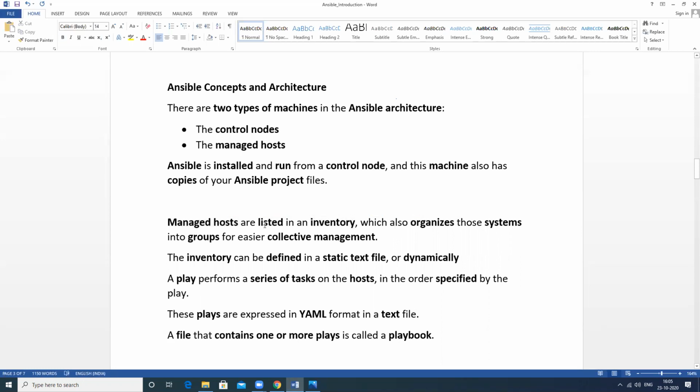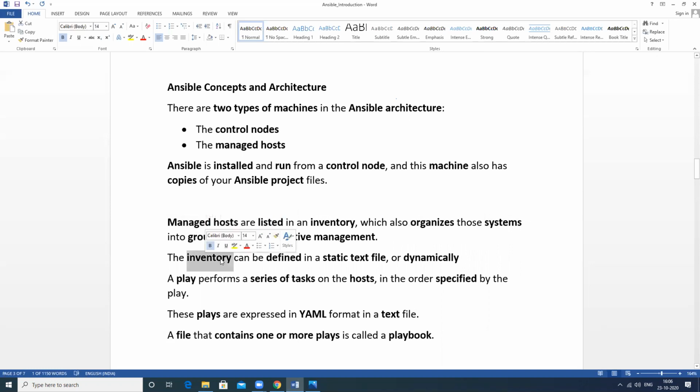The inventory file has the list of all the managed host machines, which organizes systems. We can organize the systems in a group also, and we can organize systems as individual hosts also.